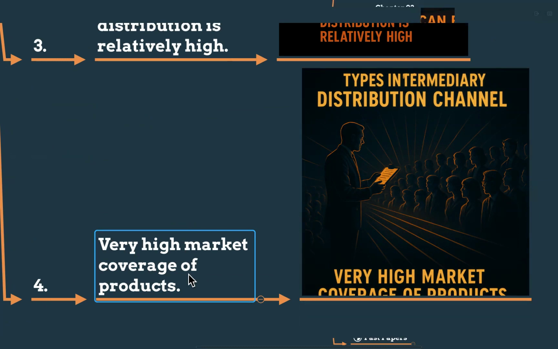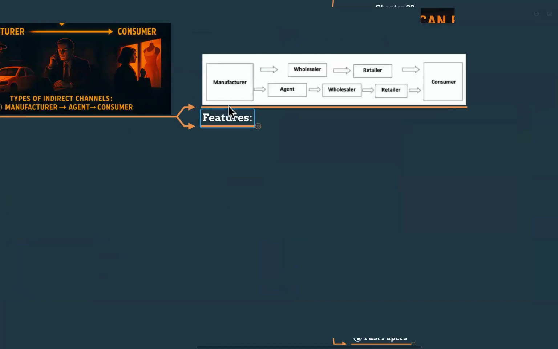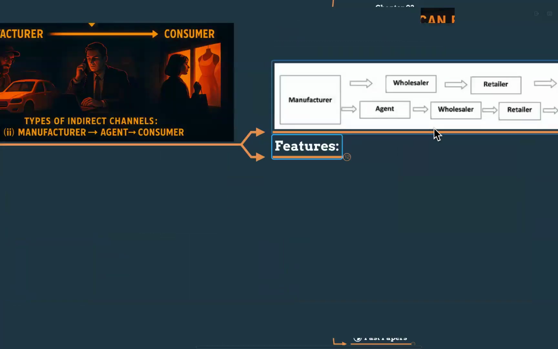Think about the Lifebuoy soap in a small shop in the Mondragala area. The Unilever factory produces it. It goes to the main distributor in Colombo, then to a regional wholesaler in Badulla, right? Finally, for example, Siraj's shop in Mondragala, and again, Amina buys it for her family, like that. So there is very high market coverage of the products, because many people are involved in multiple places,